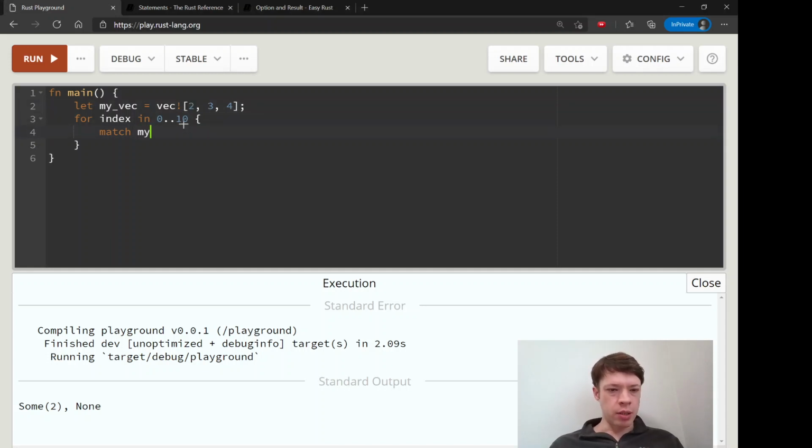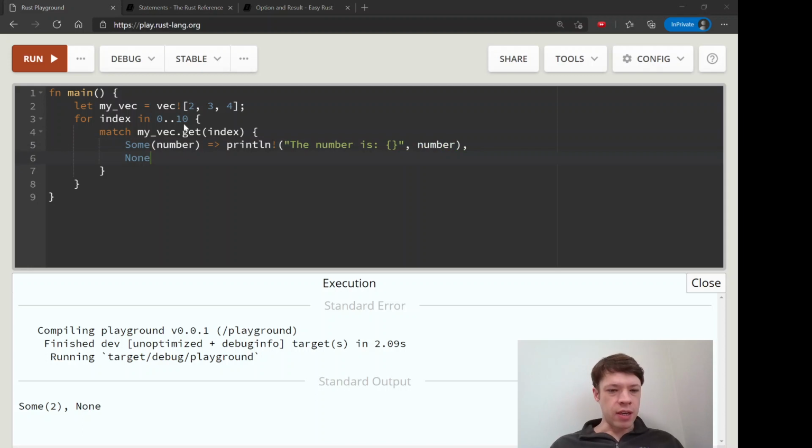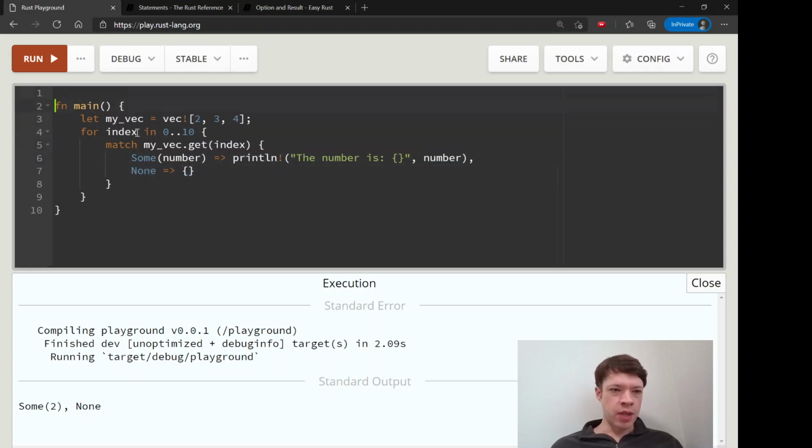So we'll say match myVec.get(index), and because we're matching, we have to say what will we do with Some, what will we do with None, and Some will be number. And then we will print the number. The number is something, print the number, and then None, what do we want to do? Nothing. And this is the case where you might want to use if let,